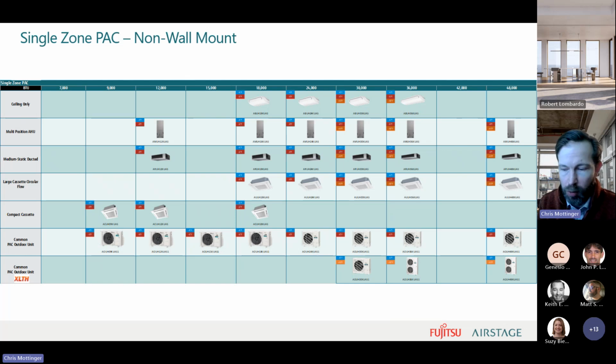We are moving to Mortec as our manufacturer for that product. That is the same manufacturer who makes the multi-position air handling unit for our J series product. They're also going to be manufacturing that for our H series product. So within this product offering, you see your ceiling mounted side discharge units, your multi-position air handling units, your mid-static horizontal air handling units, your 2x2 cassettes, your large cassettes, and then again, your universal chassis